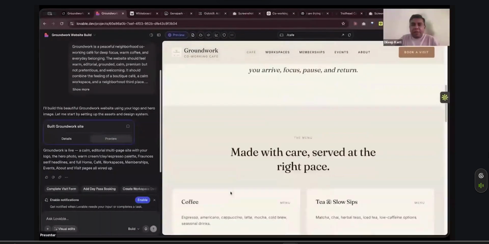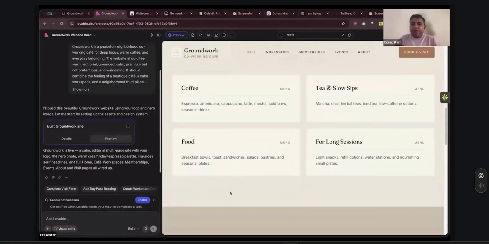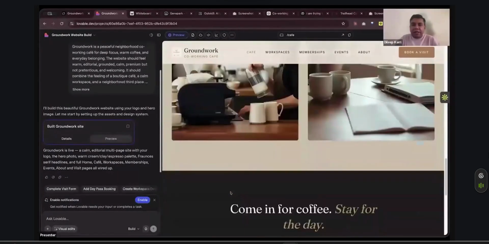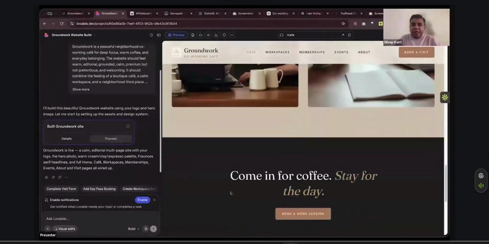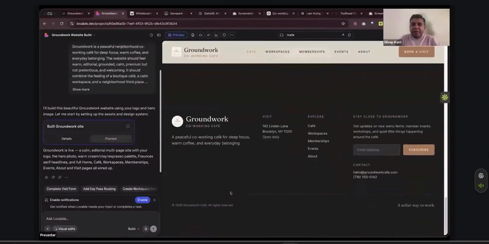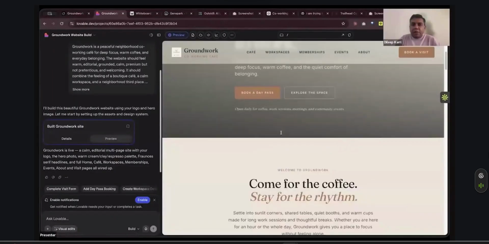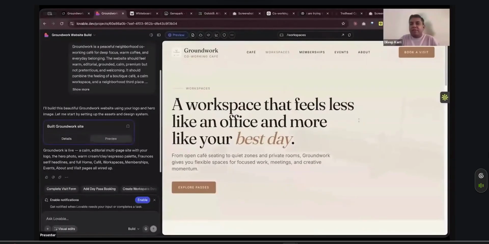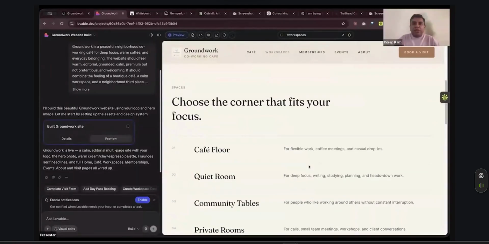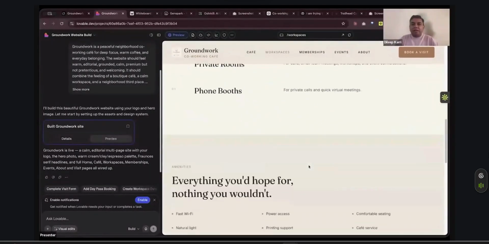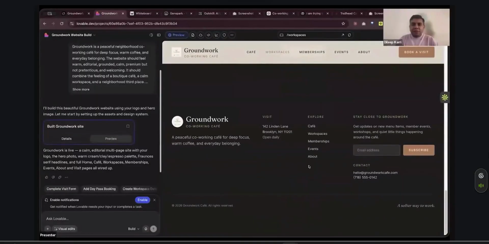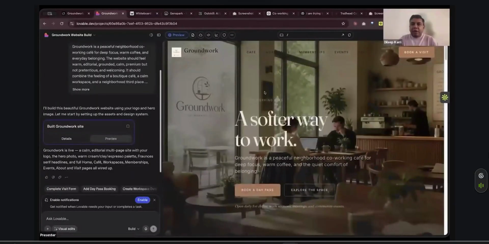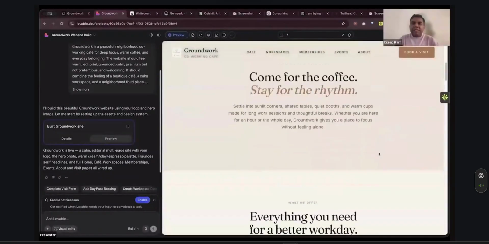Okay, menu is not ready, but at least the cafe, the coffee, tea, and slow sips, etc., are present. Come in for the coffee, stay for the day, book a work session, go back over here and explore workspaces. A workspace that feels less like an office and more like your best day. Choose your corner that fits your coffee. Okay, I like what Lovable has built. It took the brief, built it